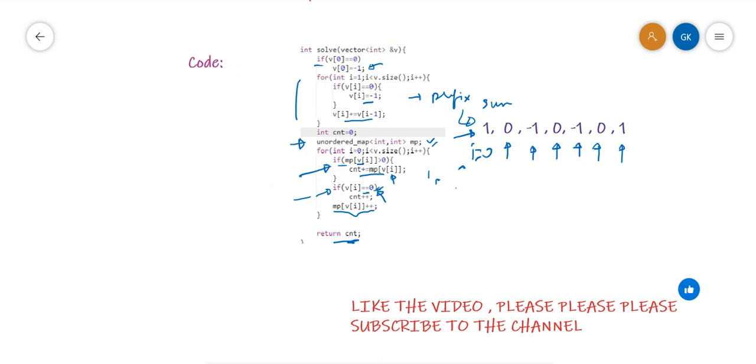In this way we can calculate our answer and then return the count value.